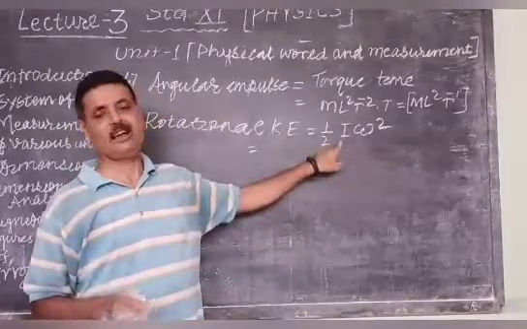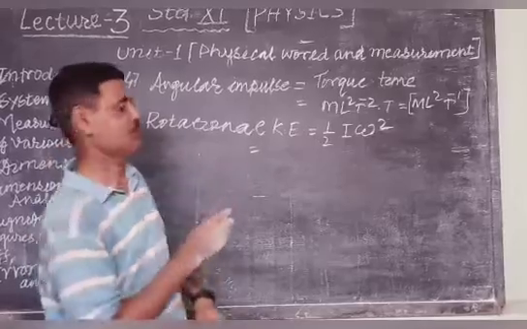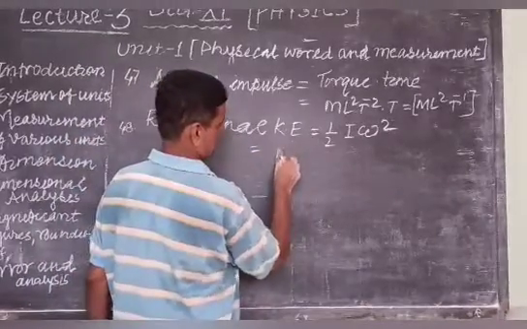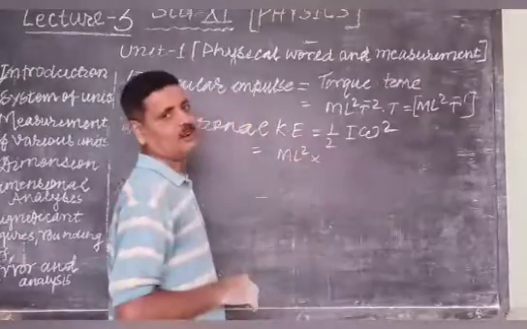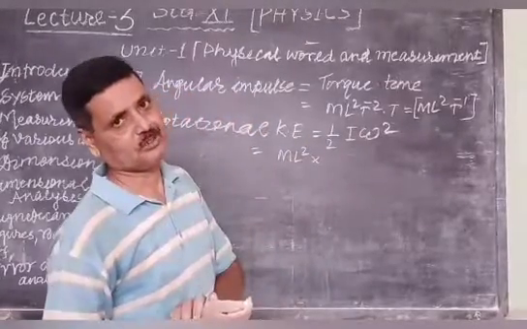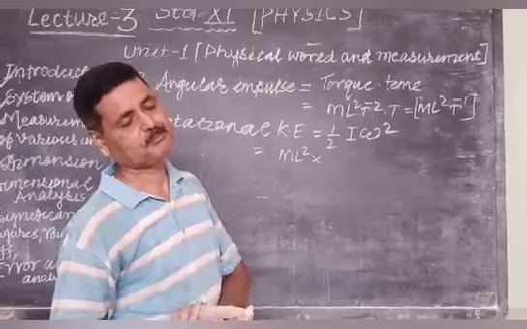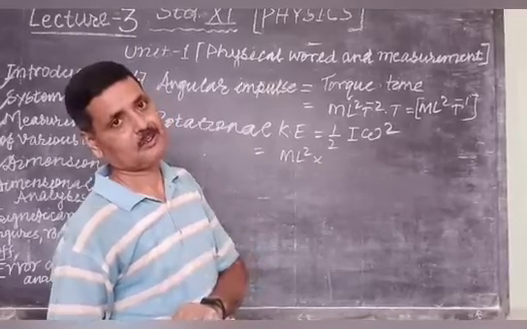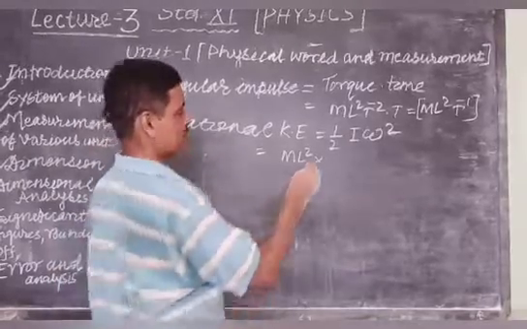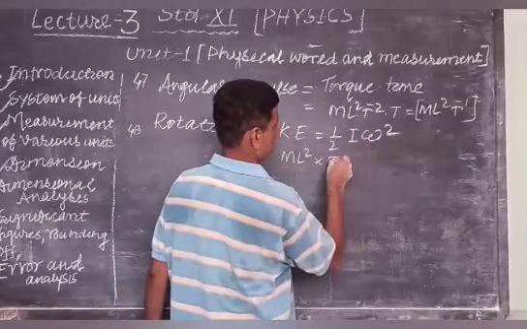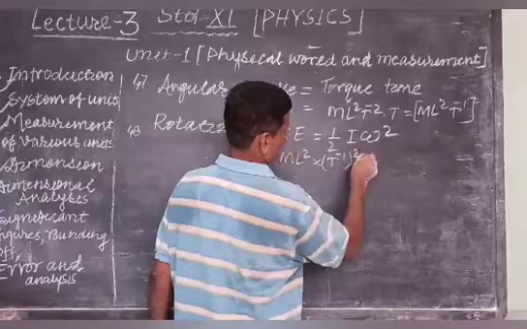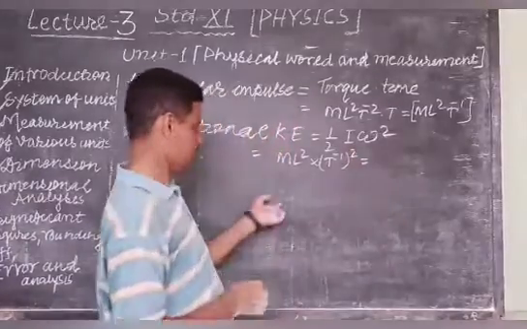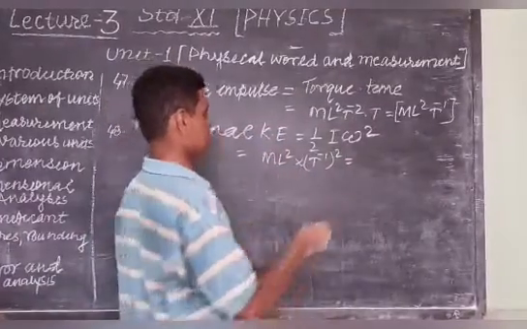So this I can be written as m l square, and this is your omega, the angular velocity, angle by time, 1 by t. So T to the power minus 1 whole squared, and finally it will be m l square